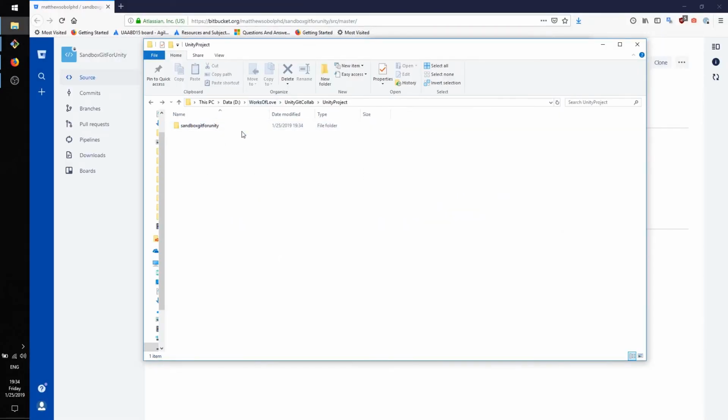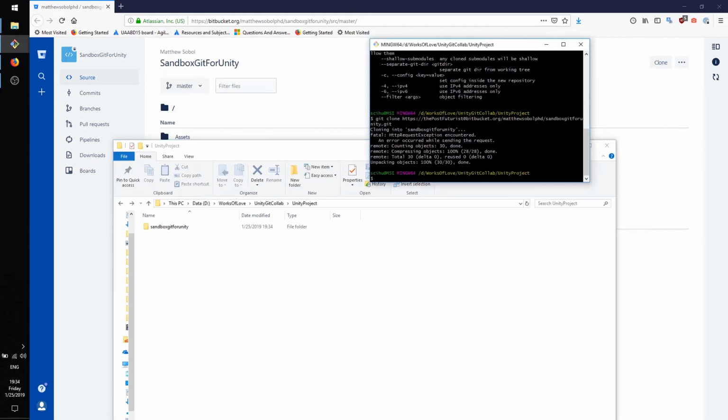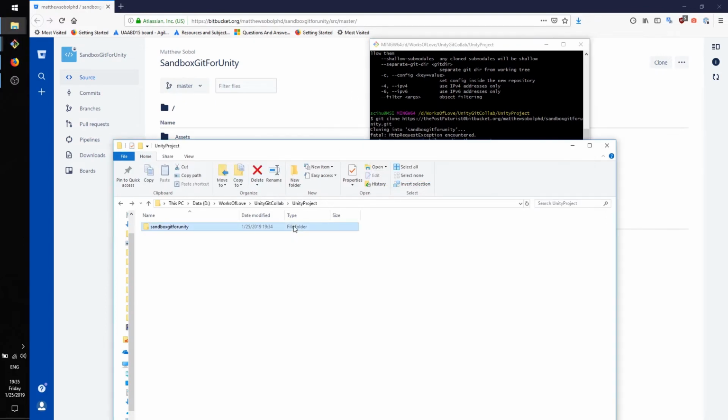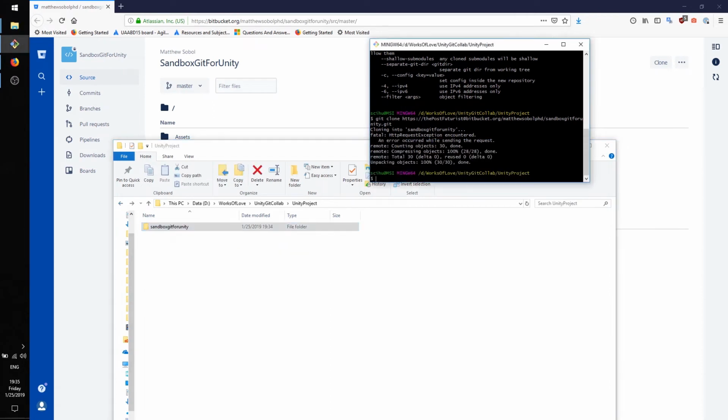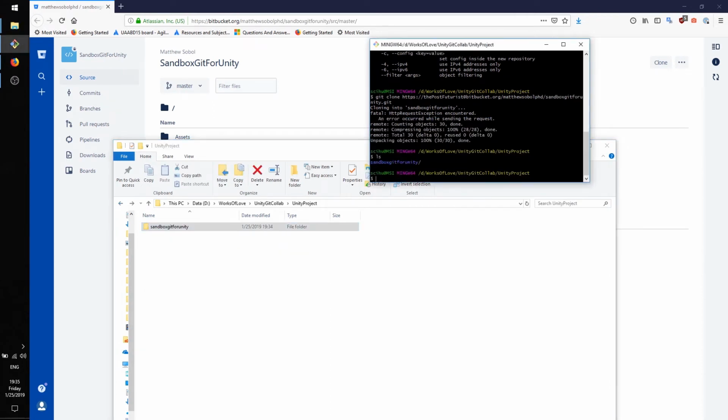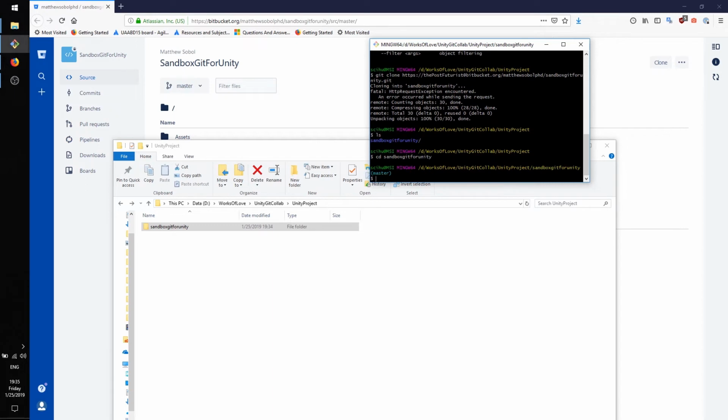And there it is. We've got this folder. Now, what we'll need to do here is we can either go into this folder, right-click and click Git Bash here. Again, you can also choose ls, and this will list the directories within that folder. And we see that there it is. We want to change to that directory. I'm just going to type in cd sandbox git for Unity. And there it is. So now if we type in git status,